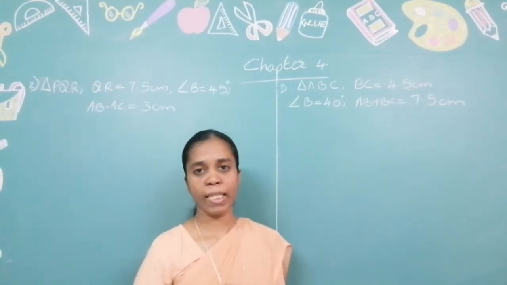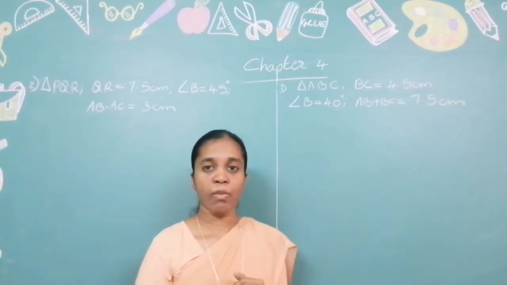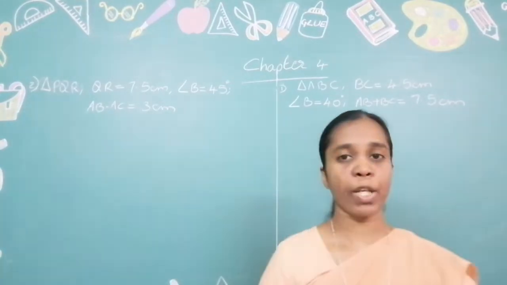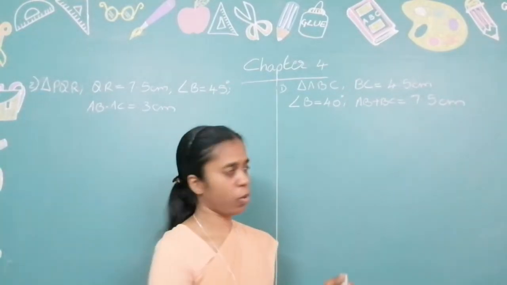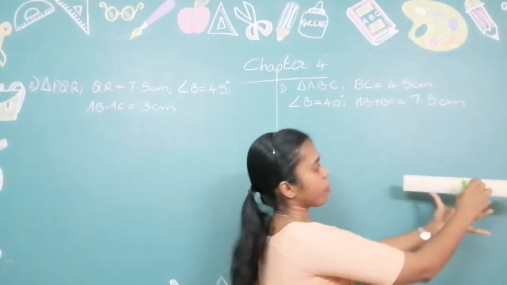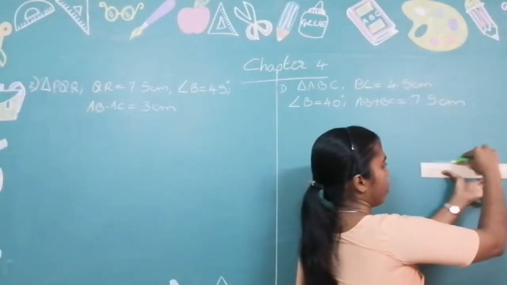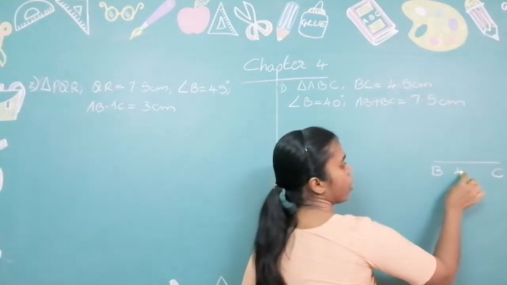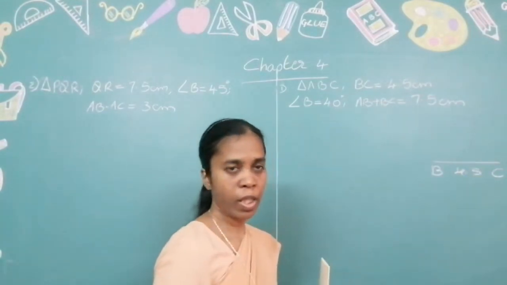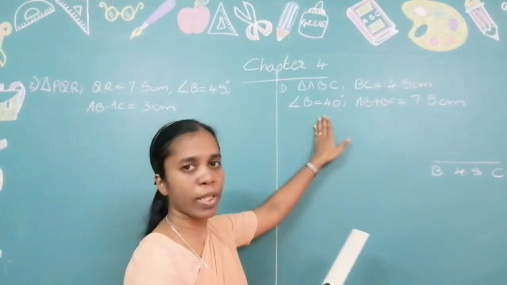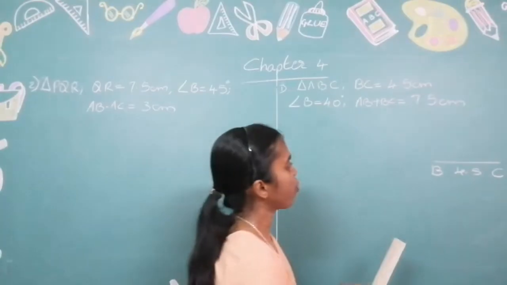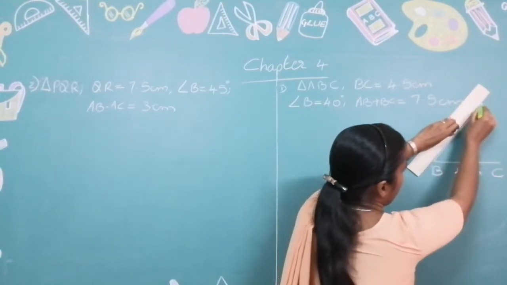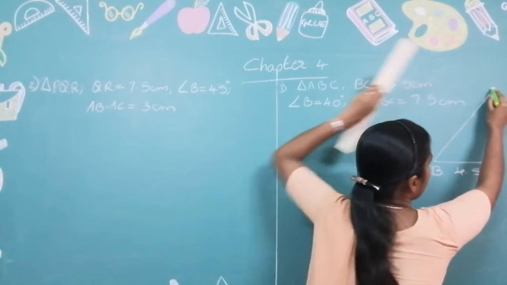So how do we construct this triangle? For whatever construction, we have to first draw the rough diagram. Please use your ruler and your pencil when you are drawing the rough diagram. Now how are we going to do it? First draw the base. You name them. What was your base? BC 4.5. Once you finish drawing the base, look at the angle. What is the angle given to you? B 40 degrees. You know now more or less where angle B will be. So you draw a ray at 40 degrees.